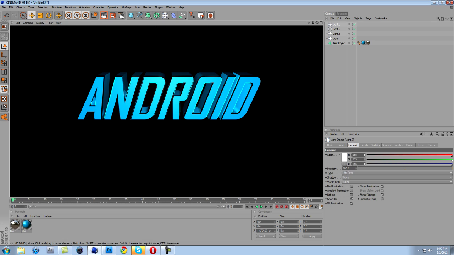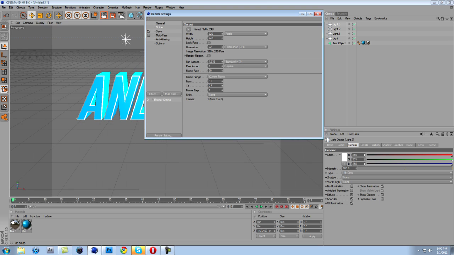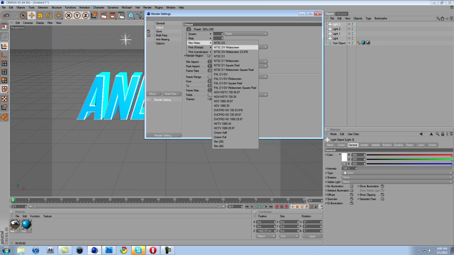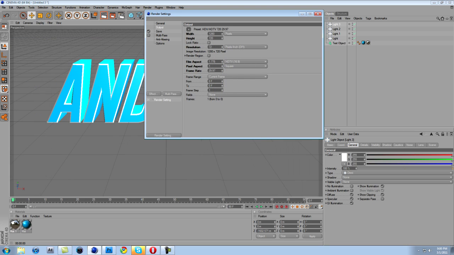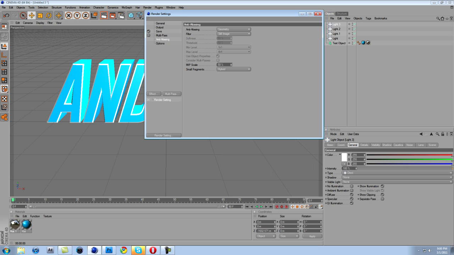And yeah, so you're going to want to click on your render settings box up here, which is right by this blue cube right to the left of it, and go to output, click on this arrow, go to film and video, and do HDTV 720 29.97. Then go to your save and check off alpha channel, and make sure your format is TIFF PSD layers,